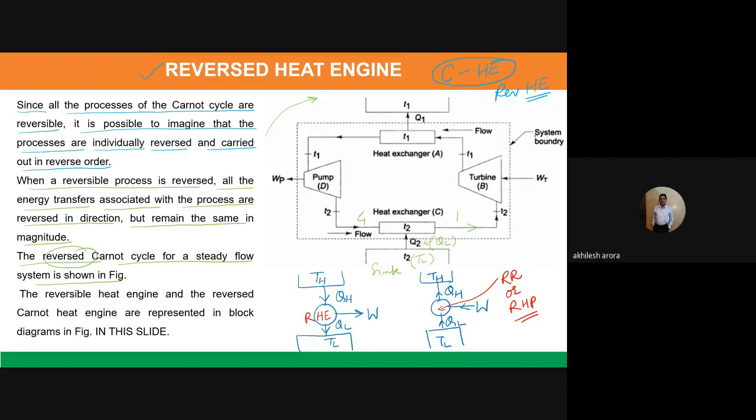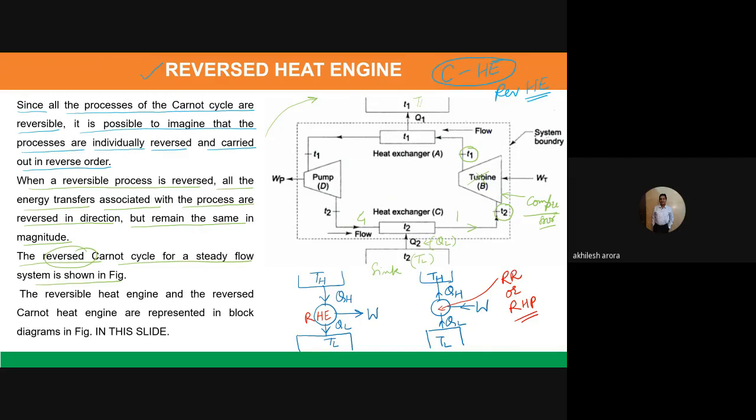The fluid enters into the turbine, and now rather than calling it a turbine, it will become a compressor. It won't be a turbine now. It is written as turbine because of the previous case, but now it is functioning in the opposite direction. So what is happening here? The fluid is entering at temperature T2 and coming out at temperature T1 because compression is taking place. And after that, from the compressor, the heat is being rejected to the high temperature reservoir here.